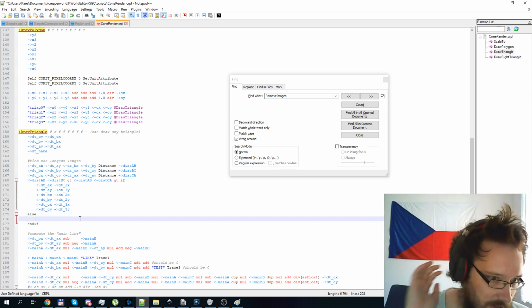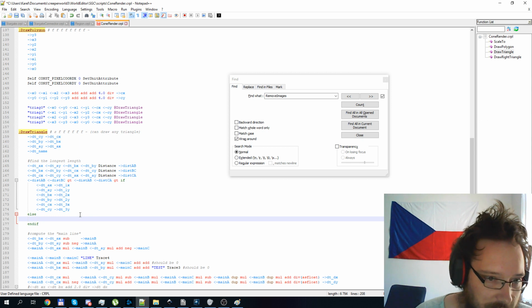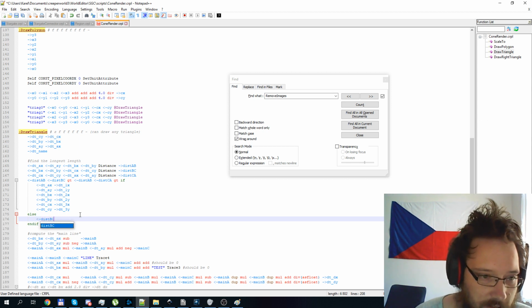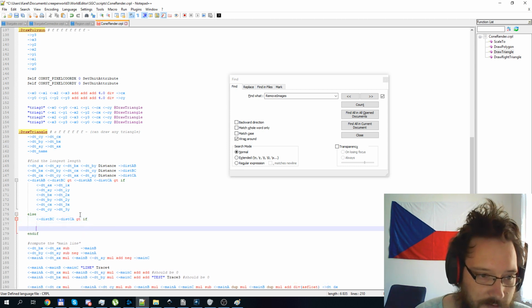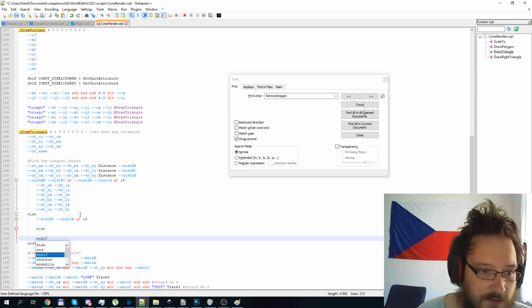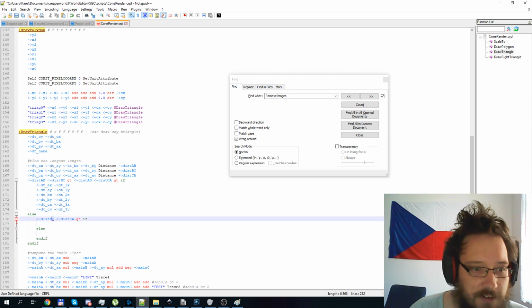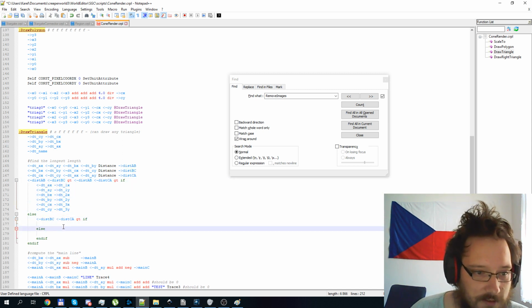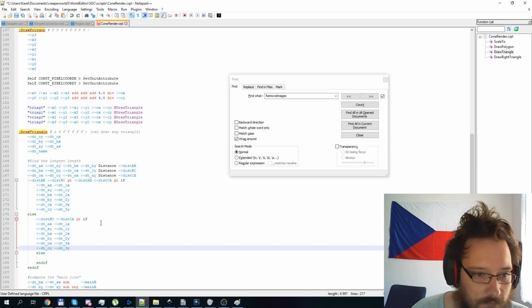Next we take, otherwise we check if distance BC is greater than distance CA. Greater than if, else, and if. Now if BC is the longest distance, then